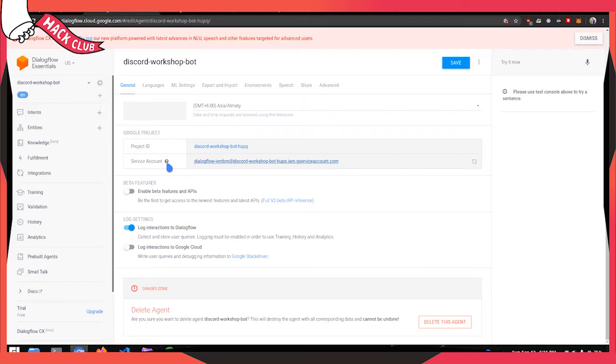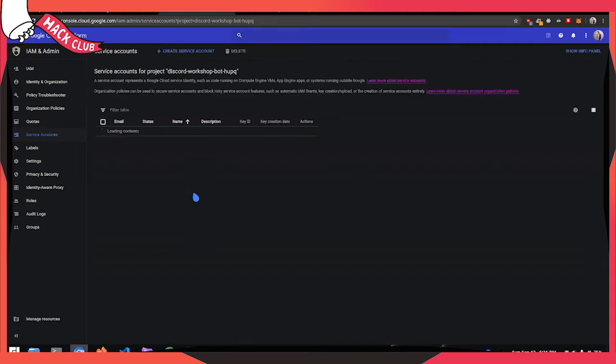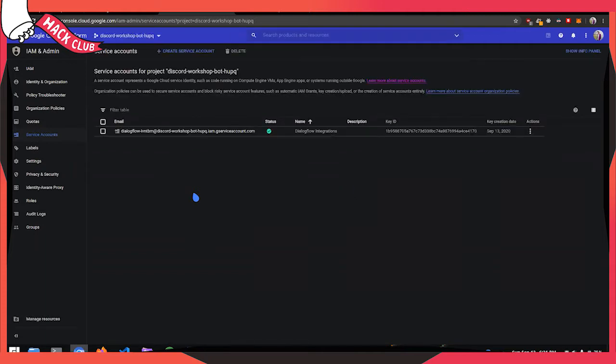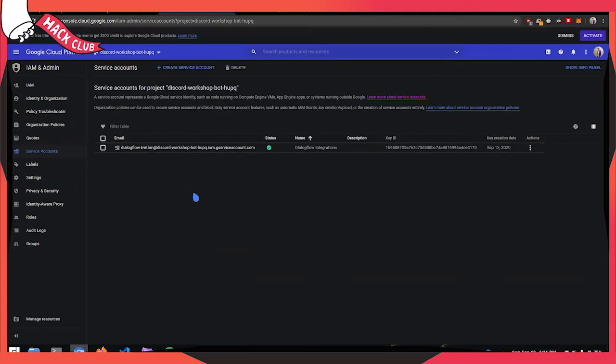By the time it's loading, I'm going to tell you how Dialogflow actually authenticates you. What we are using is the Dialogflow version 2 API. How this works is, it creates a service account, and then it will authorize a person or a user to that service account.